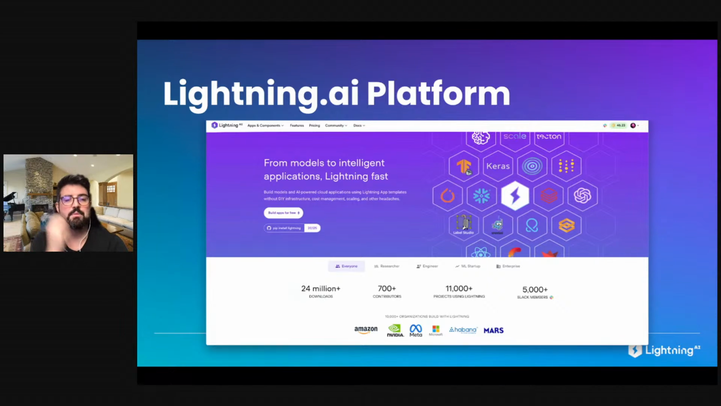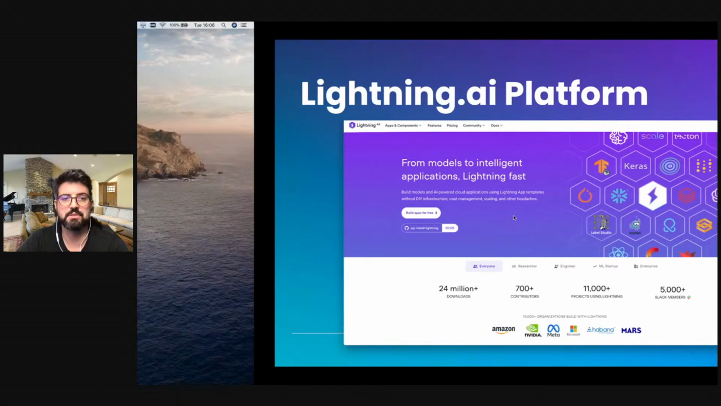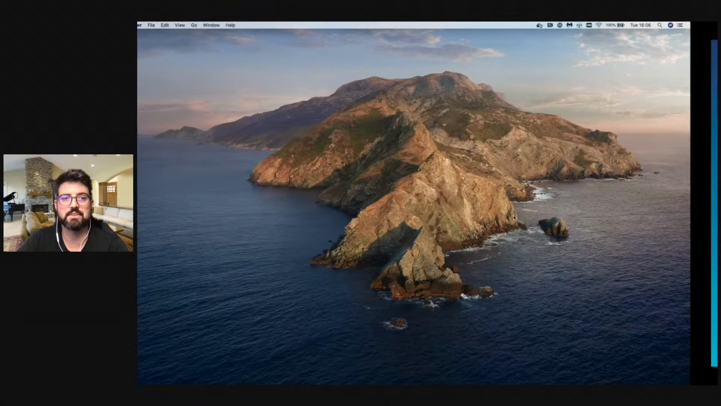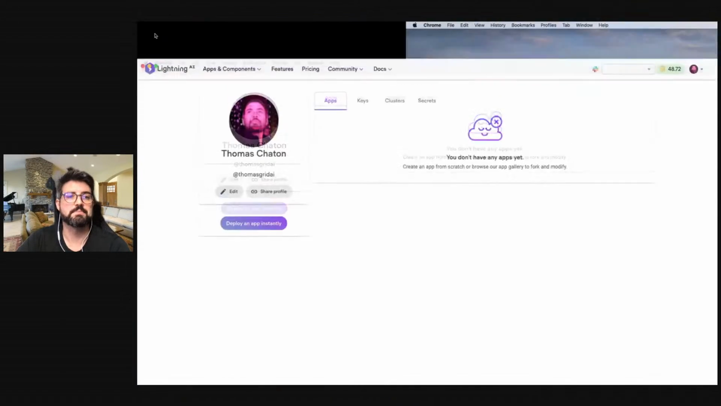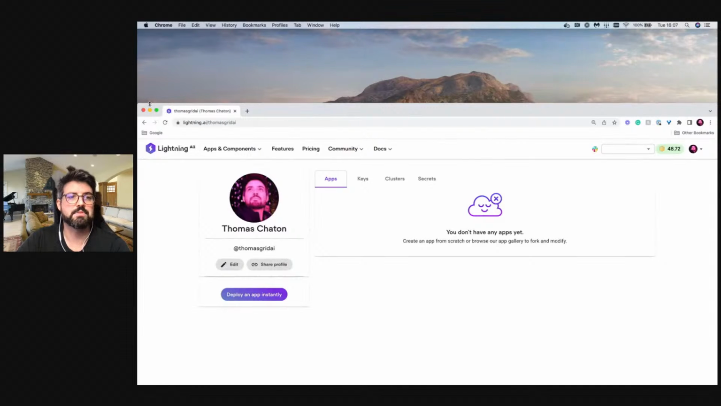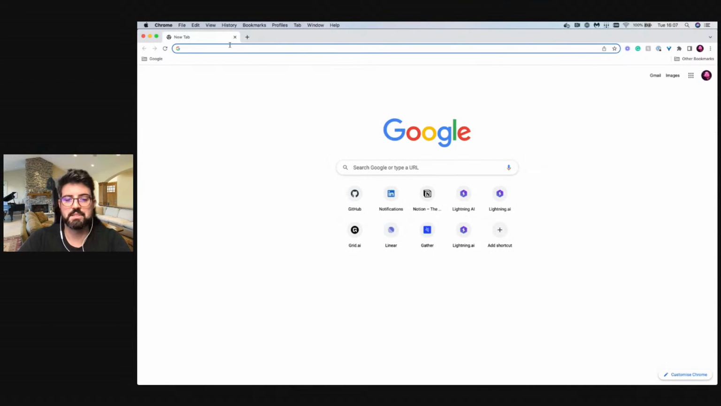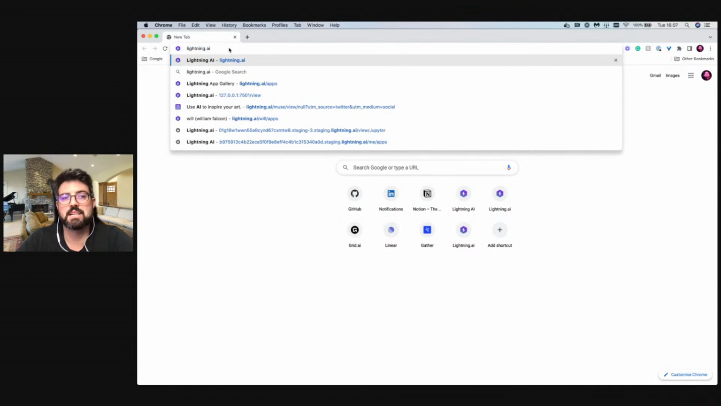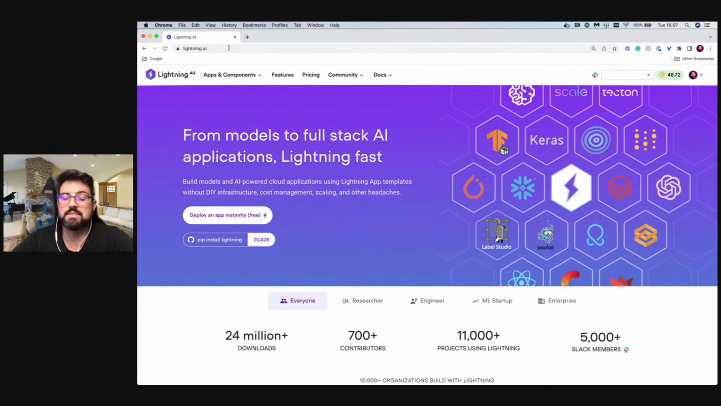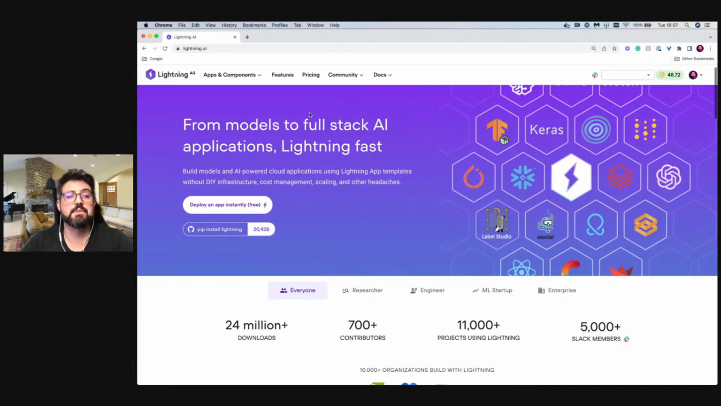So I'm going to cover a bit more the Lightning AI platform. So to access the platform, and I think I do have it somewhere opened already, so we can check this out. You simply go to lightning.ai, just like that, and you arrive on this page, which is the platform. So you can see here, it's really a platform to start from models and to build full stack AI applications